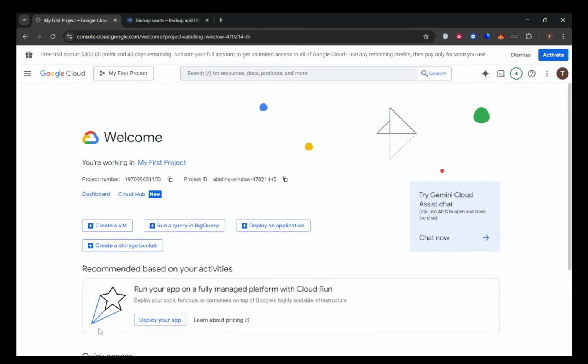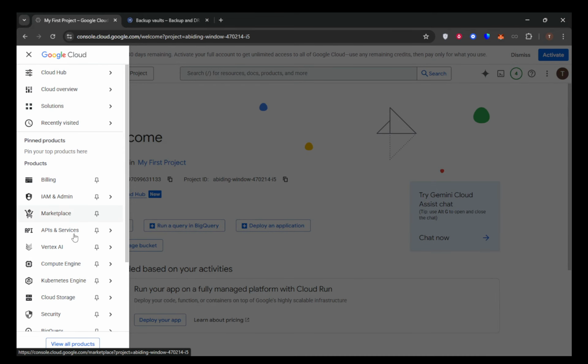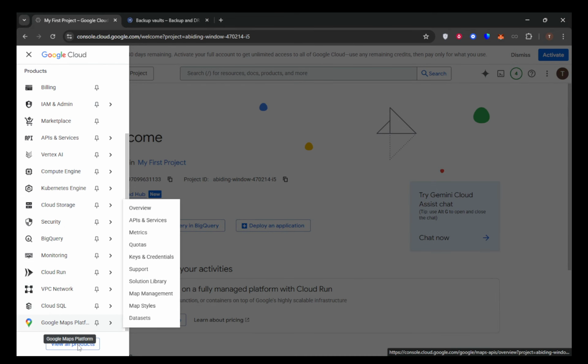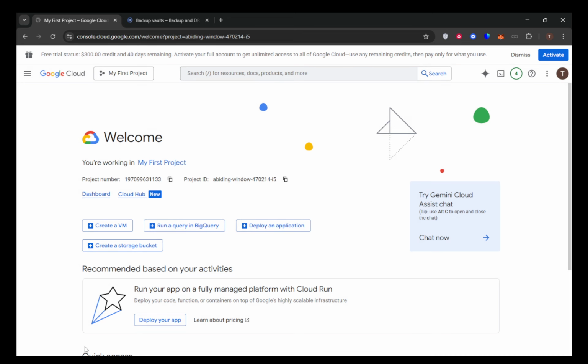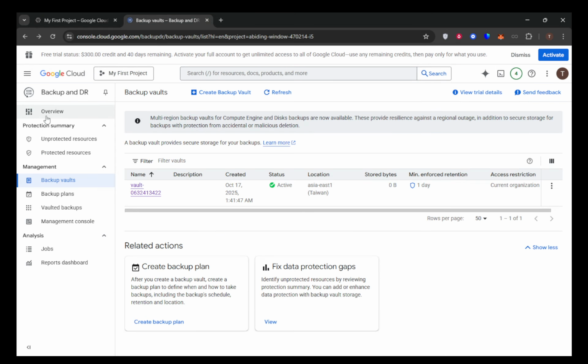Next, you'll want to find the section labeled Vaulted Resources, also known as Vaulted Resources Backups. This is where the magic happens. This area provides a comprehensive overview of all your scheduled and on-demand backups, displaying each one in an organized manner. This feature is crucial because it ensures that you're always aware of what backups you have, their statuses, and when